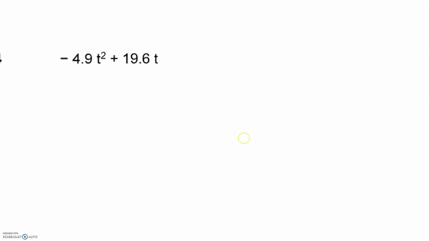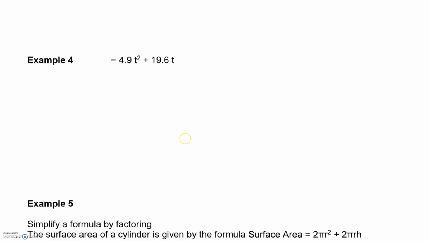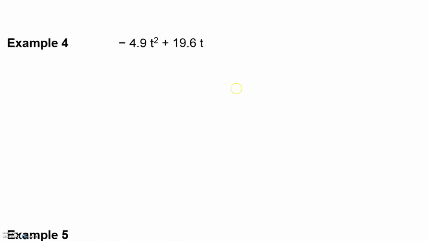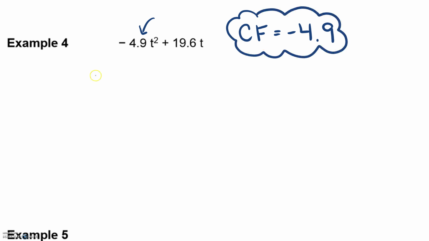Okay. This one's a bit more difficult for example 4. Example 4 is dealing with a couple negatives and some decimals, so don't let that freak you out. Whenever you have something in front of your x squared, or in this case the t squared, factor it out. So say that there's a common factor of negative 4.9. So as soon as I find my common factor, I take that number, I put it in the front, I open up a new bracket, and I have to start dividing